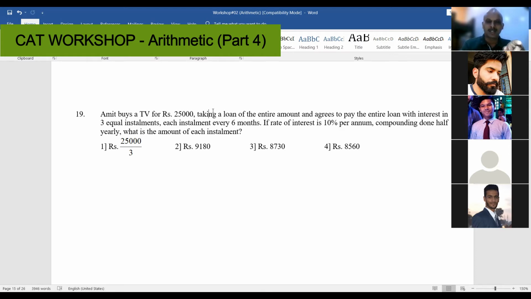So for this question, the 19th question given here, the correct answer is the second option, 9180. I think you made some mistakes. Somebody said the third option. It is the second option, the correct option. So calculate correctly. Sir, I got the second by mistake. Pardon? I got the second by mistake. Acha. Anyway, the second option is the answer.